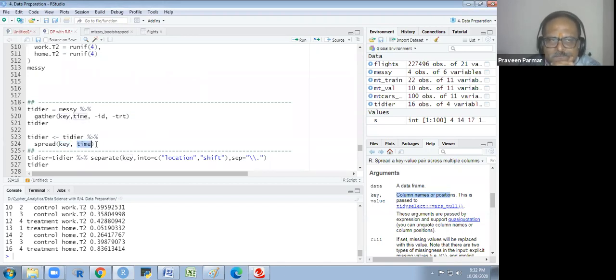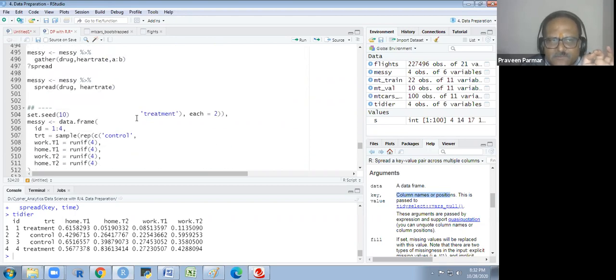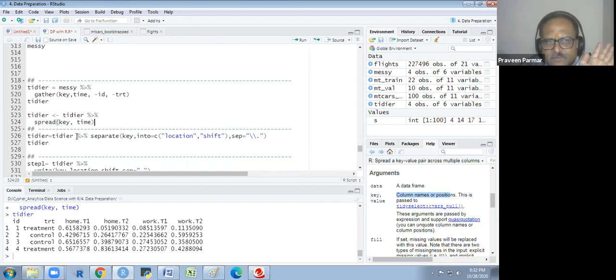I will get the same thing again. I have gathered it, I have spread it. So two examples we have taken for gather and spread. First was this one, heart rate, and second I have given you this one. I have taken a small example so you can understand better.